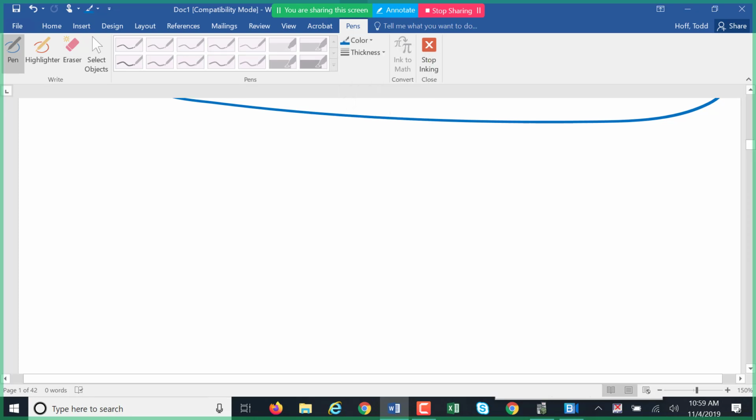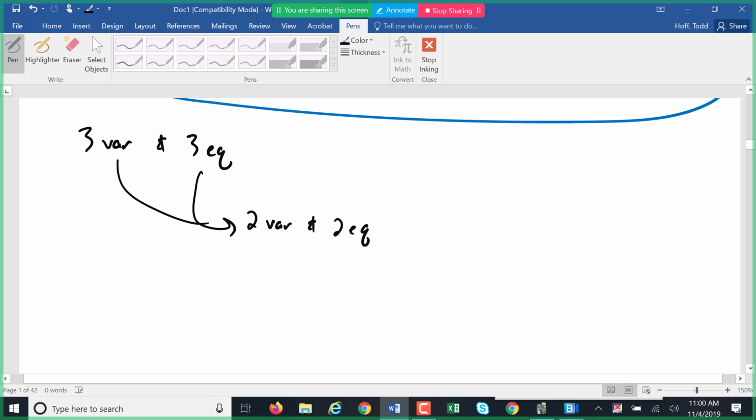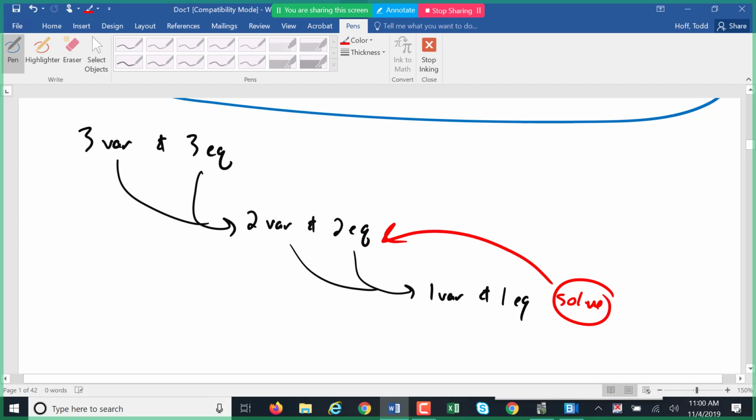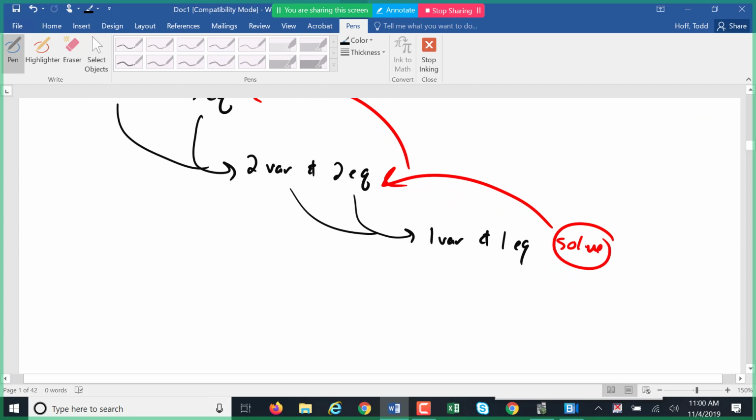Remember when we had 3 variables and 3 equations, our first step was to eliminate it to 2 variables and 2 equations. Then we used those to get it down to 1 variable and 1 equation. 1 variable and 1 equation is what we're able to solve. We could solve that, and then we had to substitute back into the other equations to find the other variables. Well, when we have 4 variables and 4 equations,